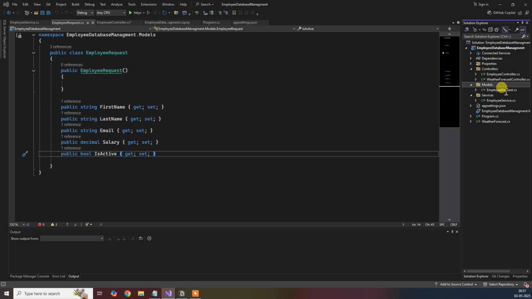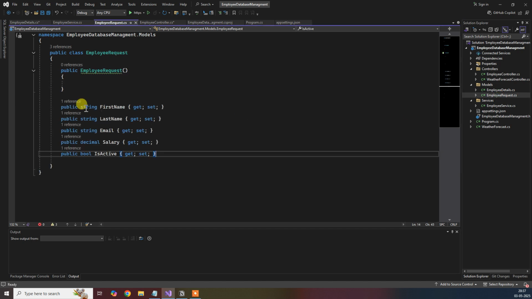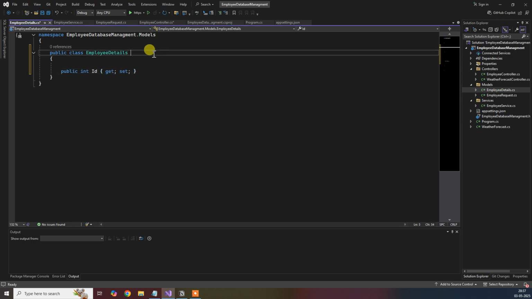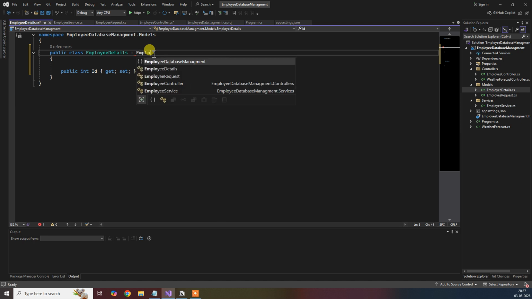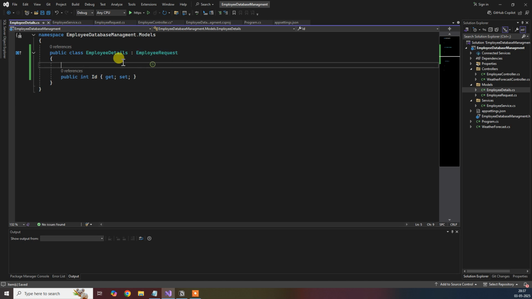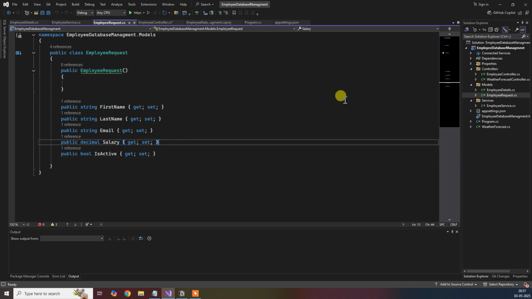and in this EmployeeDetails we will be having all the fields. Like in the employee request we'll be having 5 fields, but the id is not present. So the EmployeeDetails will contain id as well as all the fields from the employee request. So I'm using inheritance here, so EmployeeDetails is inherited from EmployeeRequest. Whatever public properties are present in the employee request will be present in the details as well. So the EmployeeDetails will contain these 5 plus this one, total 6 properties. Okay,